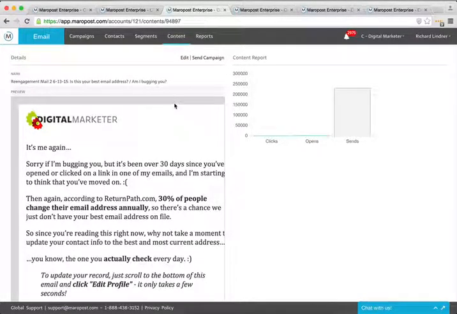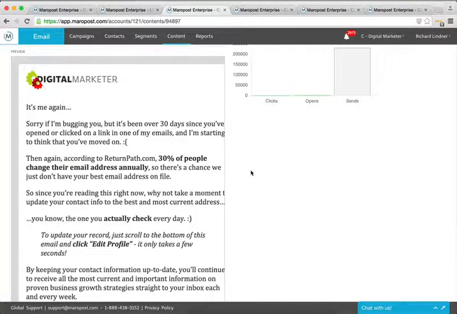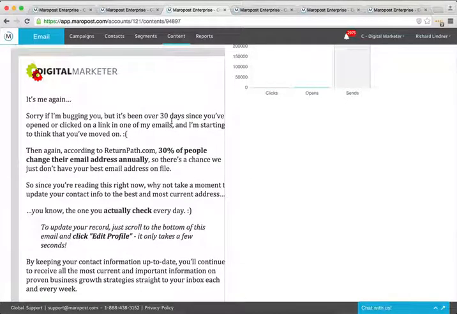The subject line is am I bugging you? It's sent 2 days after the initial email to anyone who has not opened or clicked in 30 days. For us, because we're running this more often, we're doing it on a 30-day time span. So anyone on a rolling 30 days that hasn't opened or clicked an email and they're not an active buyer is getting this message. Now, this one has a 2-day delay from the previous email. All right, let's take a look and break this email down.